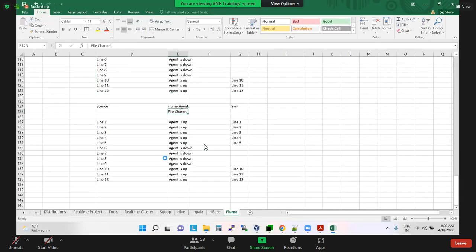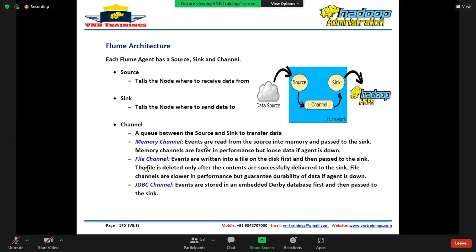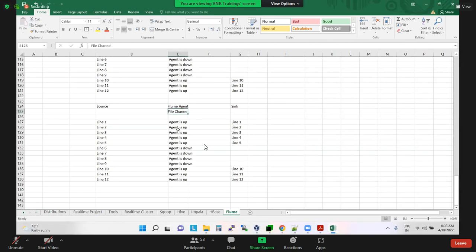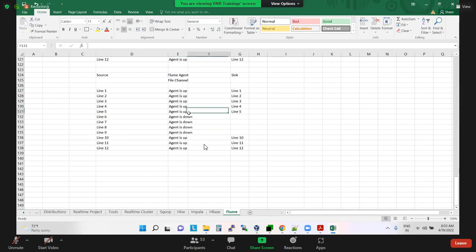What is this file channel? When it comes to file channel, events are written into a file on disk first, then passed to sink. So if the agent is up,